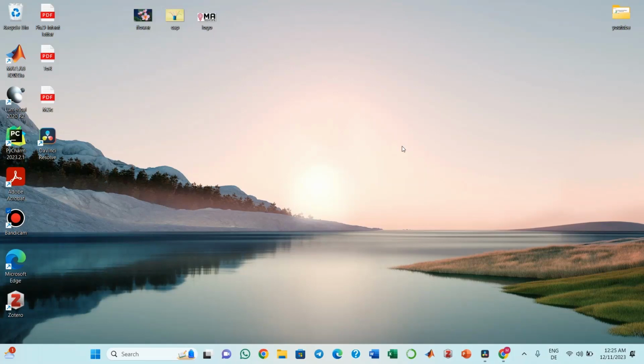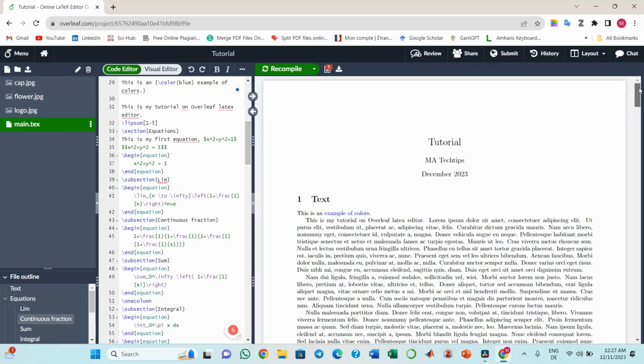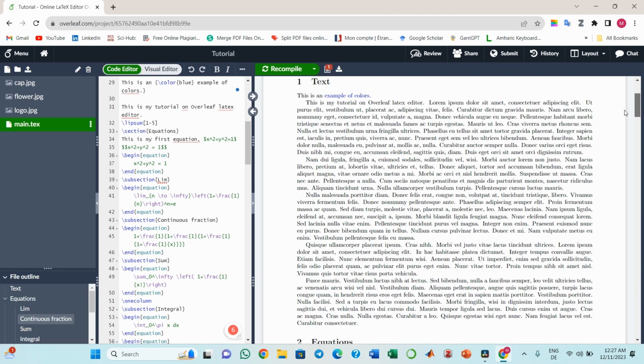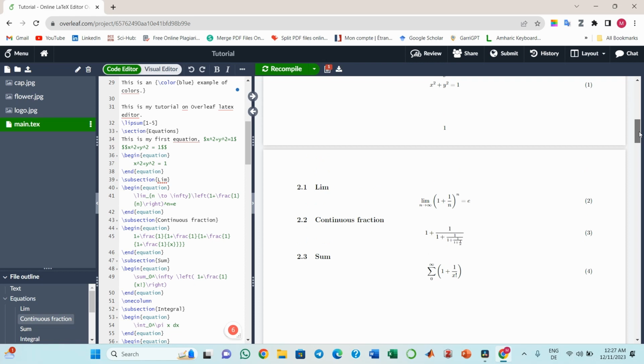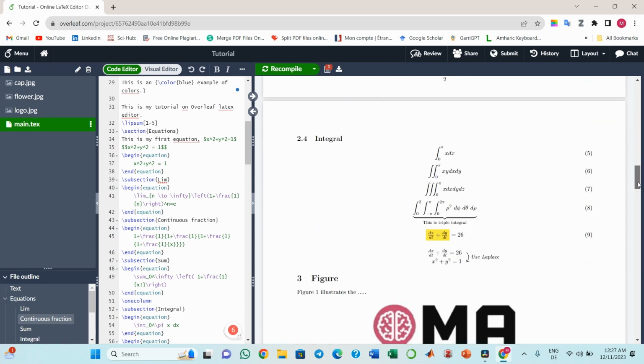In this video, I will show you how to use an online editor of LaTeX, which is Overleaf, and I will give you a brief introduction on LaTeX. In this video, we will see how to write text in LaTeX, how to change the text colors, how to insert mathematical equations with different kinds of complex equations, limits, integrals, summations, or just how to highlight part of